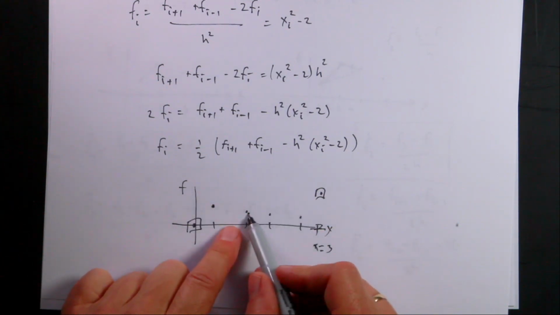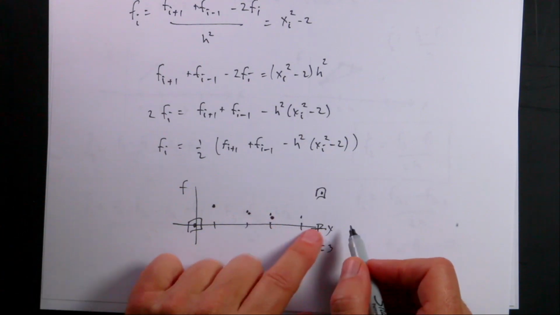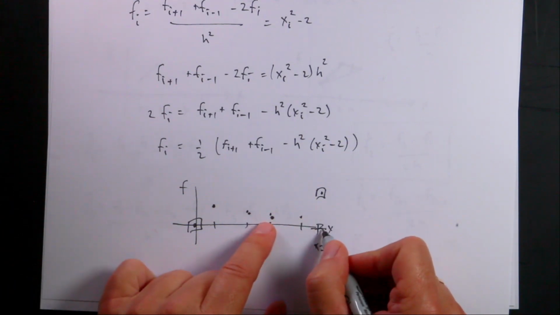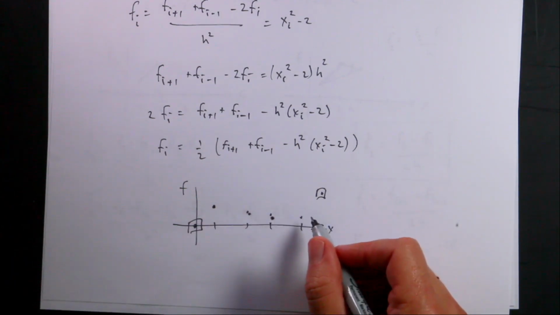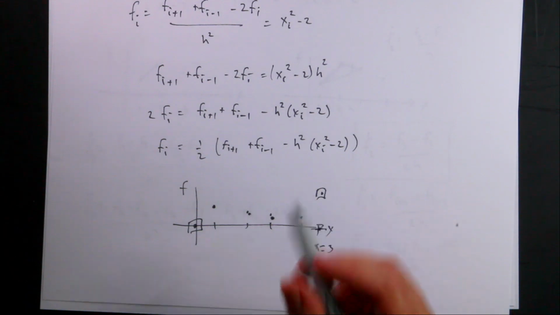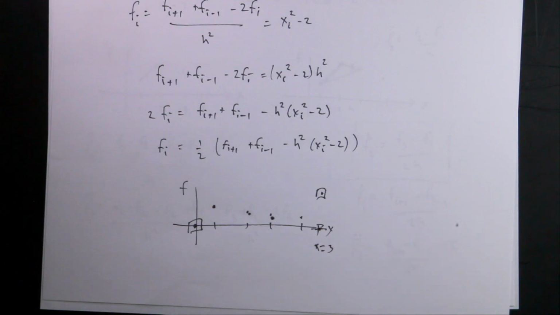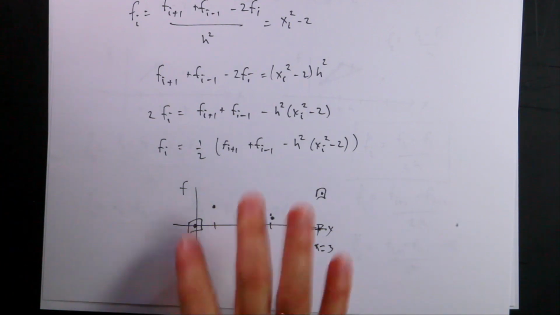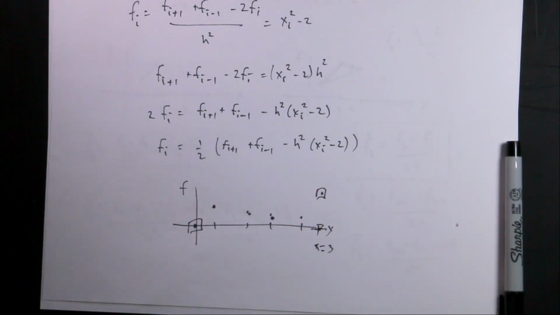And then I can go over here and find my new value using these two, which I just guessed. Then I do the same thing all the way down to the last one, where I use my function at the endpoint. Then they all have new values, and I can do the whole thing again with my new values. So I just keep going over and over the data until these things stop changing, and they'll satisfy that equation. I know that seems crazy, but it does indeed work.